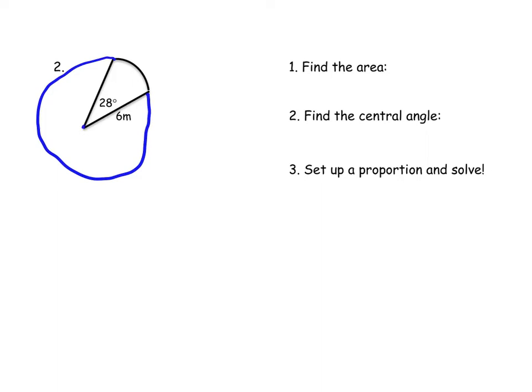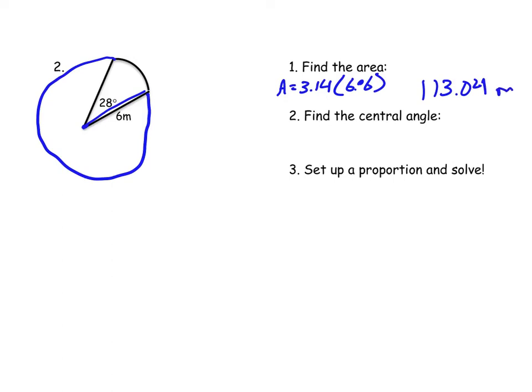Since we know the radius here is 6, it's just area equals 3.14 times 6 times 6. Radius squared is just 6 times 6. Type that in your calculator. You'll find the area of this circle to be 113.04